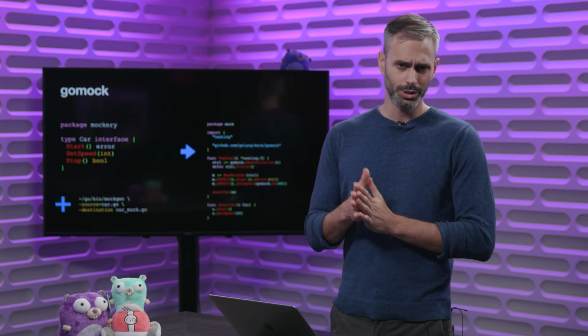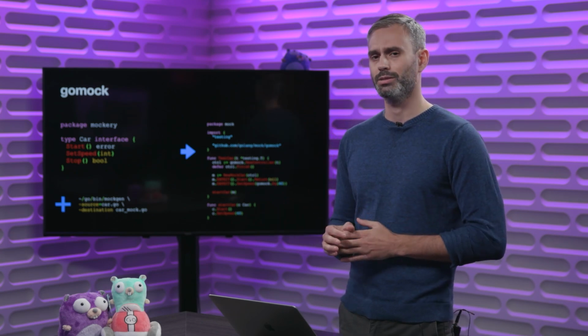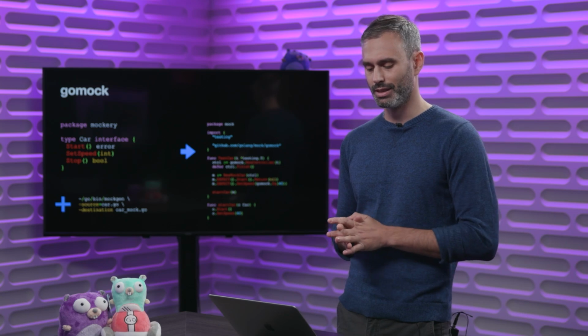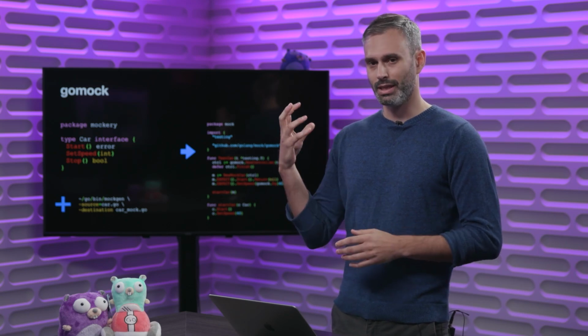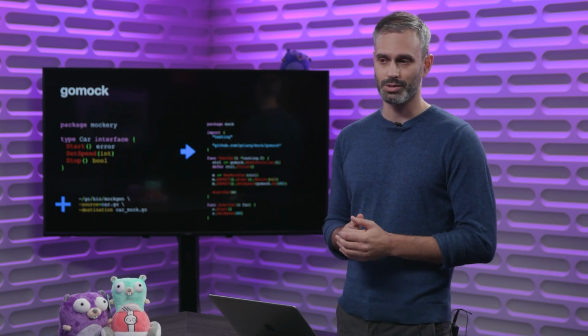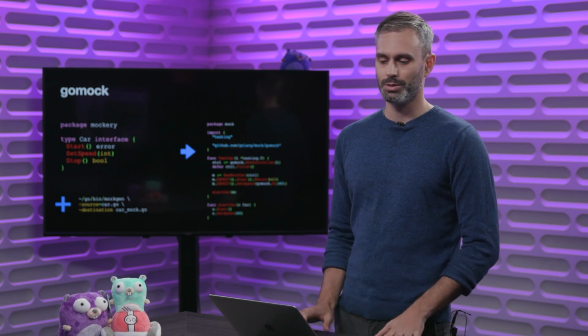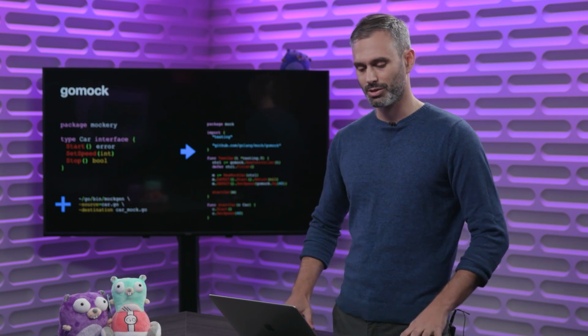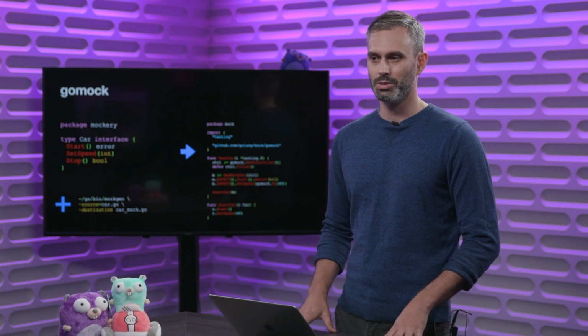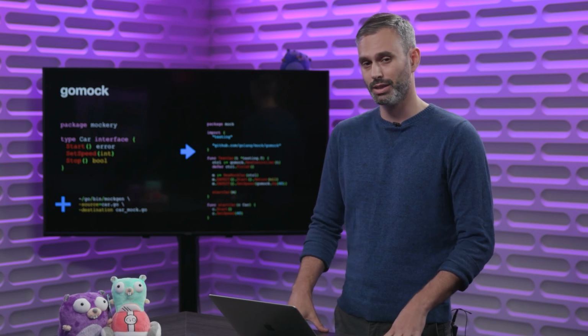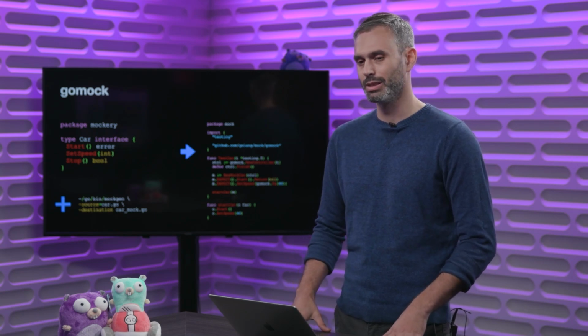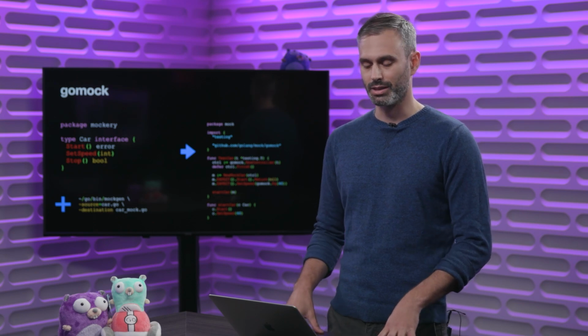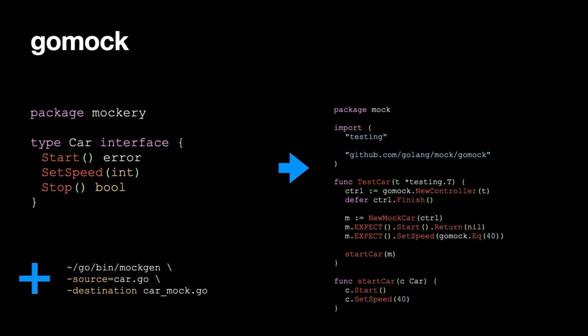So what you can do instead is use a tool like mockgen, which you point at an interface, and it will then generate an object that matches that interface for you. The nice part about it, of course, is that it also generates a whole bunch of methods for you that allow you to define what it should do when those methods are called really quickly, as well as what to expect. So when you're writing a test harness like we have over on the right,